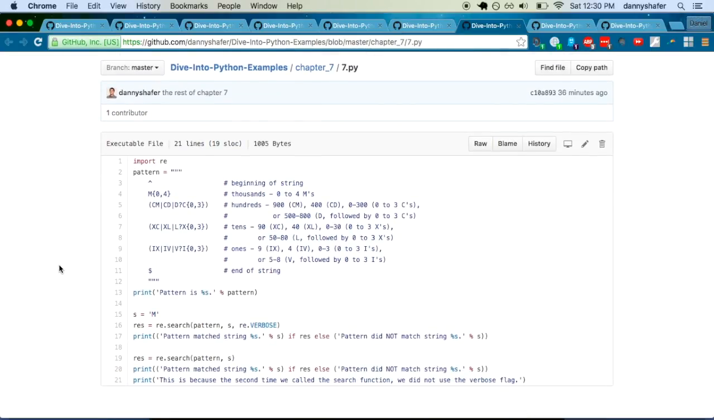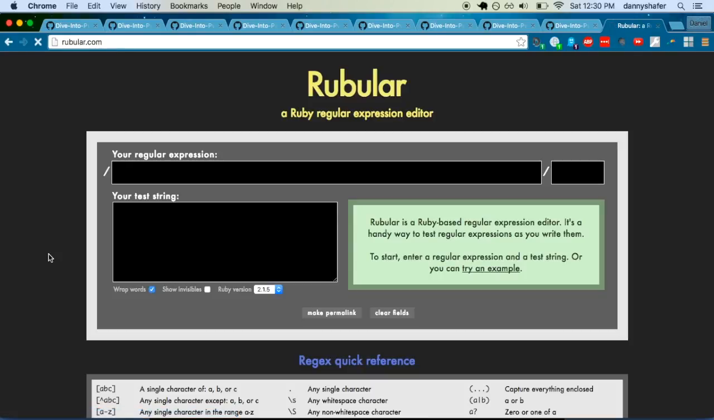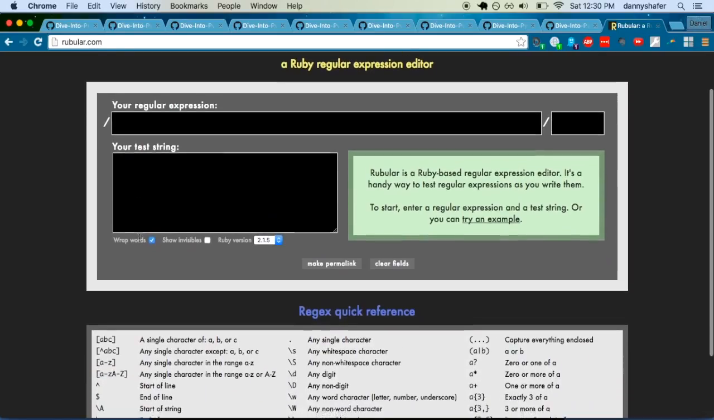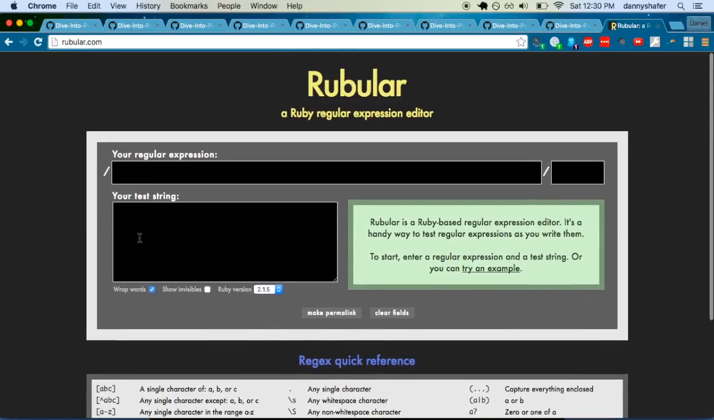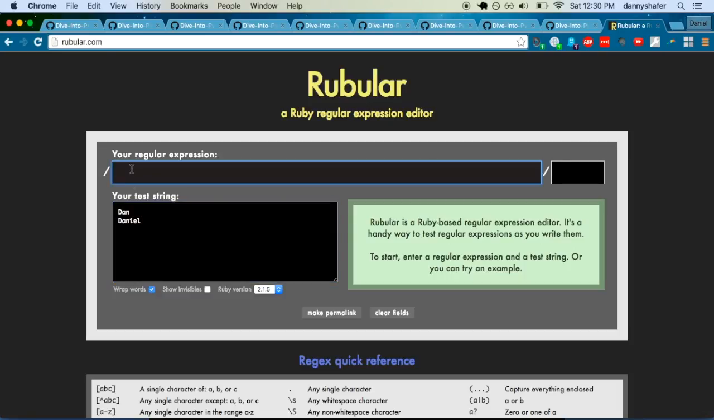By the way, there are a lot of online resources that you can use to generate regex for you. One of my favorites is rubular.com. I'm not entirely sure if this is language agnostic. I think it may only be for Ruby, but I certainly come here whenever I need to do a given regex task. And so you can type in here, like, if you wanted to find Dan's, you could do Dan and Daniel, and then you can sort of say,